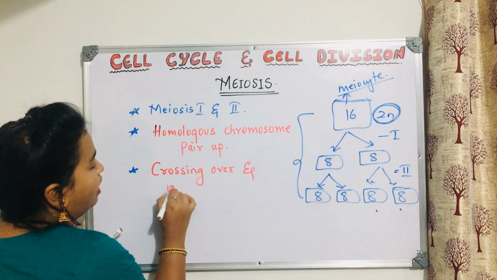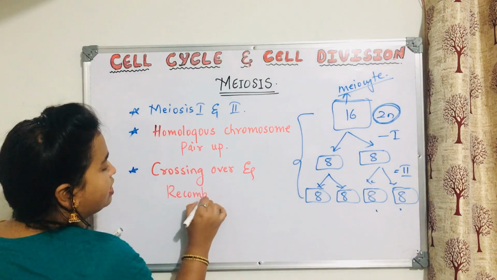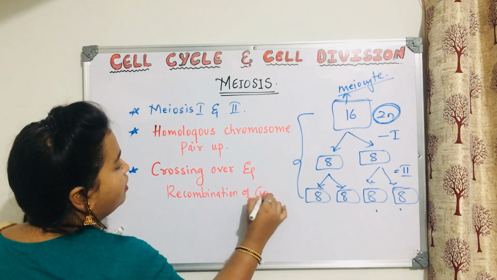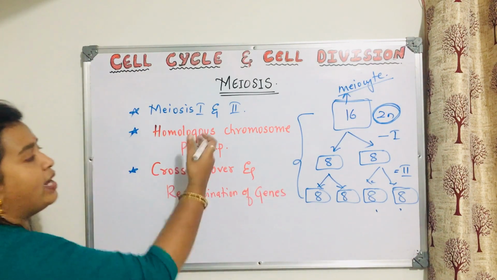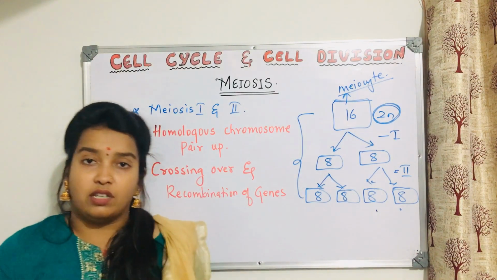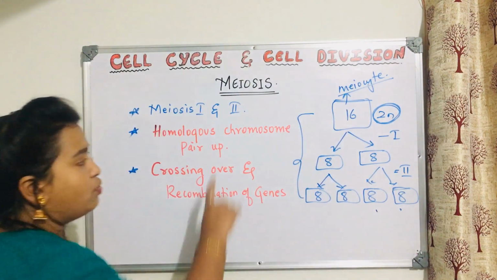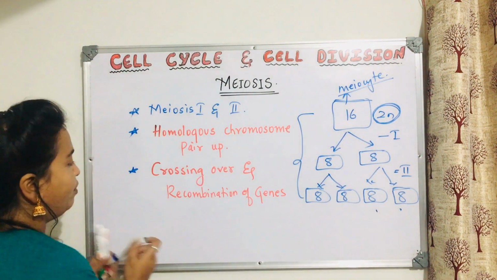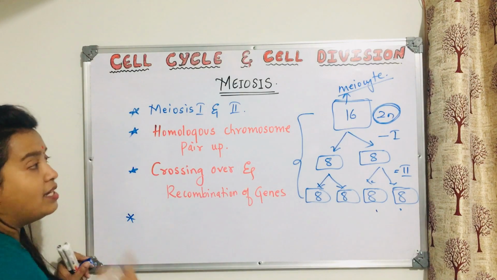and recombination of genes. This is very very important. These are very important points which we need to discuss in detail. Okay, these 2 I am going to discuss now in detail. Before that, the last point, one more key point for meiosis, is that,